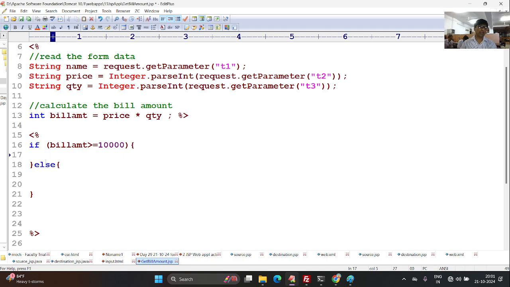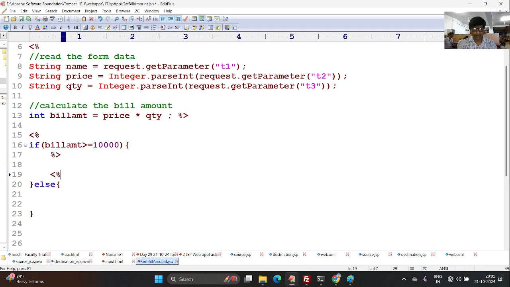Now here, actually I would have written it here itself, but to make it clear, now calculate the bill amount. Let me close this and